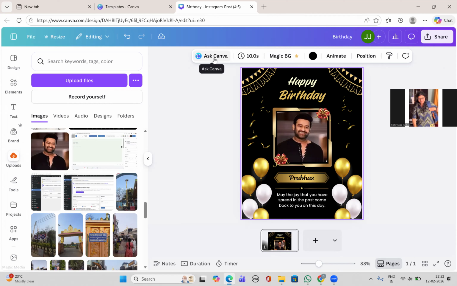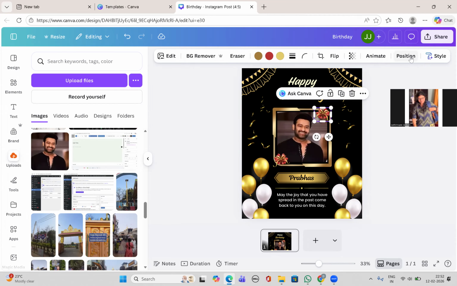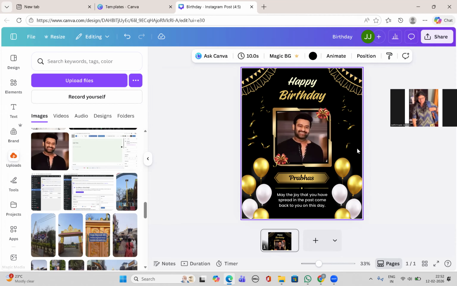Recently Canva has added this one. So this is the magic BG, and we can change the BG. It is for only paid version, so I'm not going to talk about this. And animate, if you want to animate this one, and position, we have already used this for position for this flower, right? So now if you select the